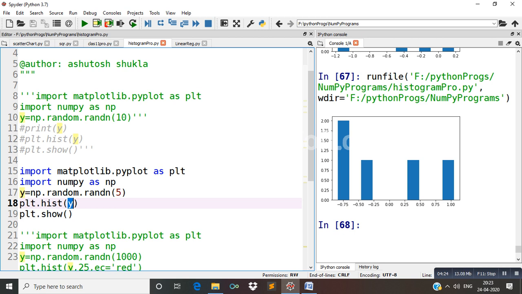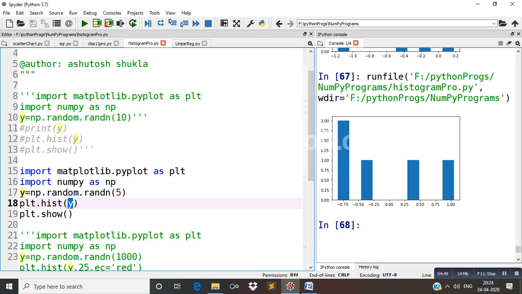Here I have taken 5 values, and at the x-axis you can find intervals and at the y-axis you can find frequencies. So you can also calculate frequencies here. Between some ranges, one value occurs 3 times, that is a frequency of 3, and in another range a value occurs 2 times.